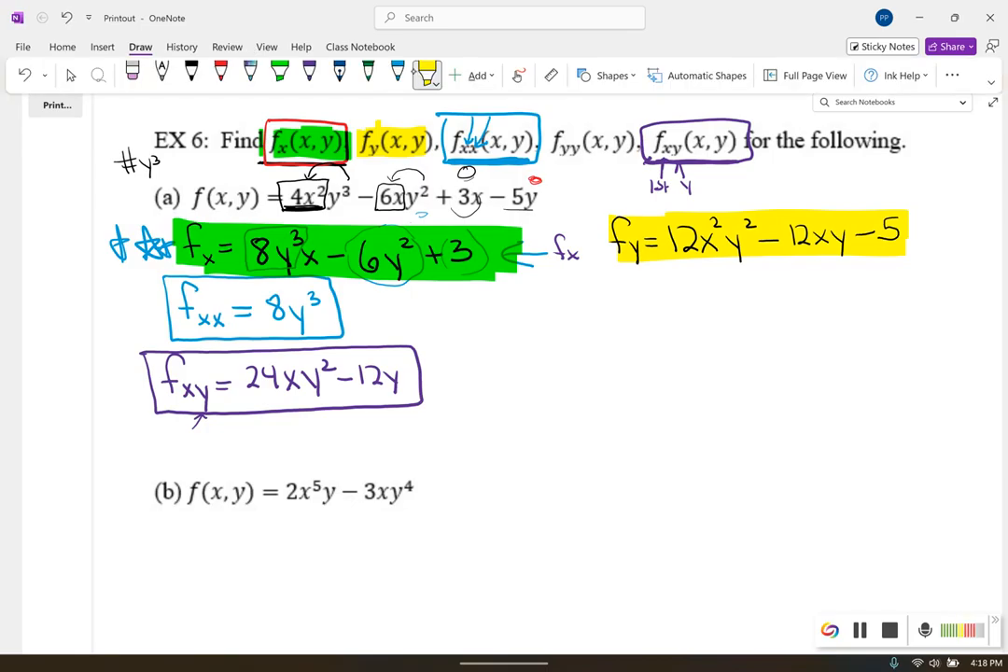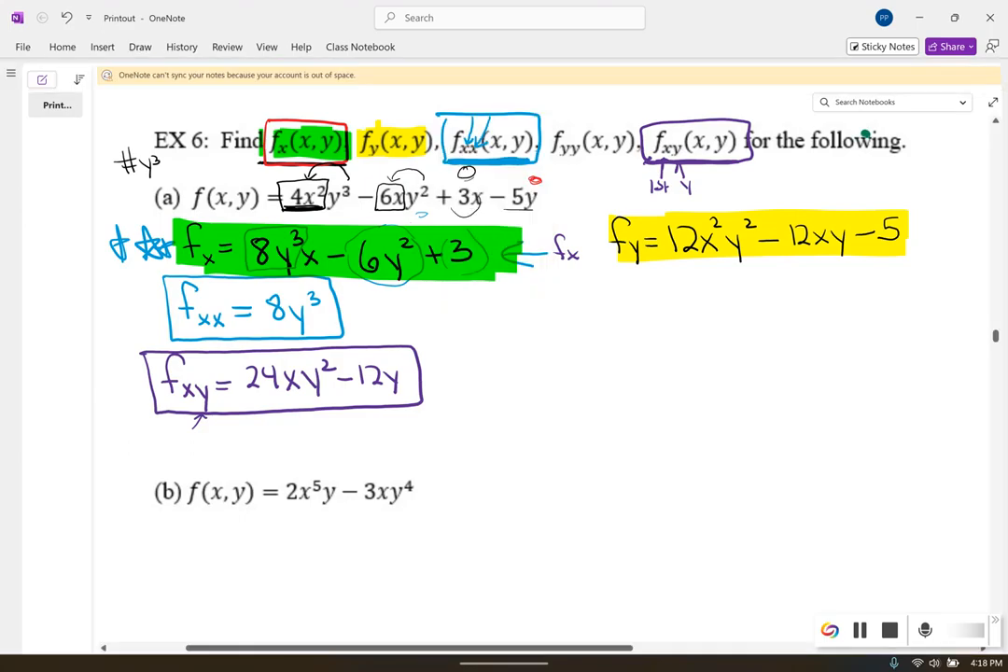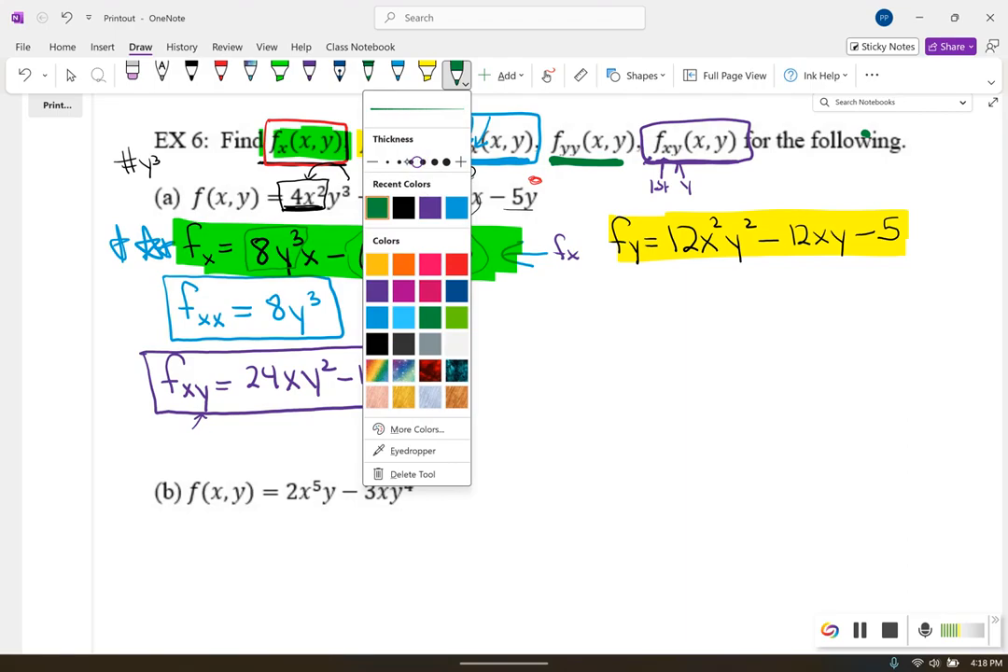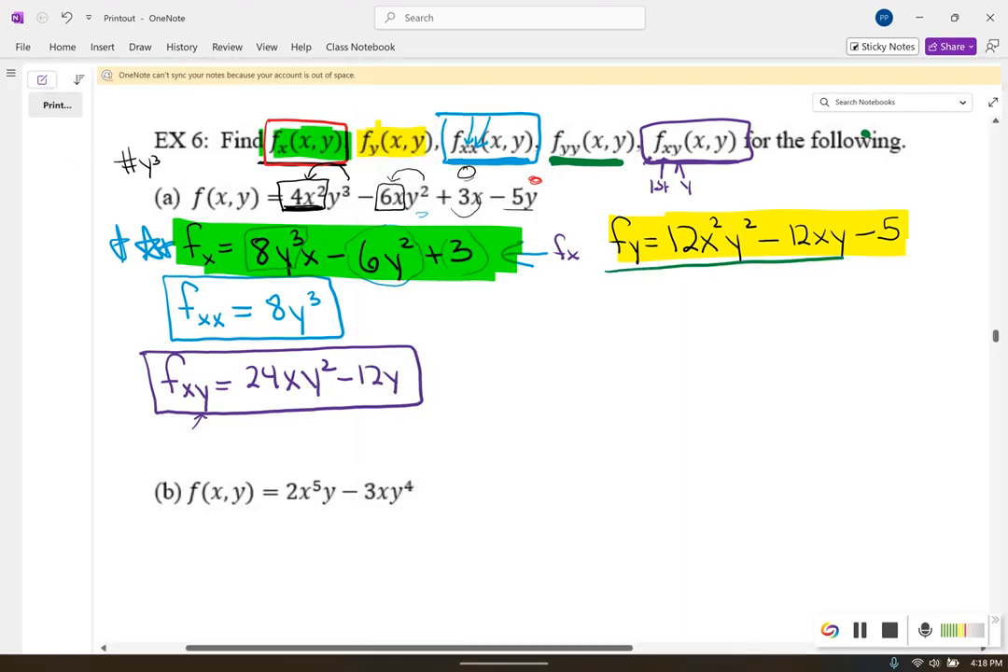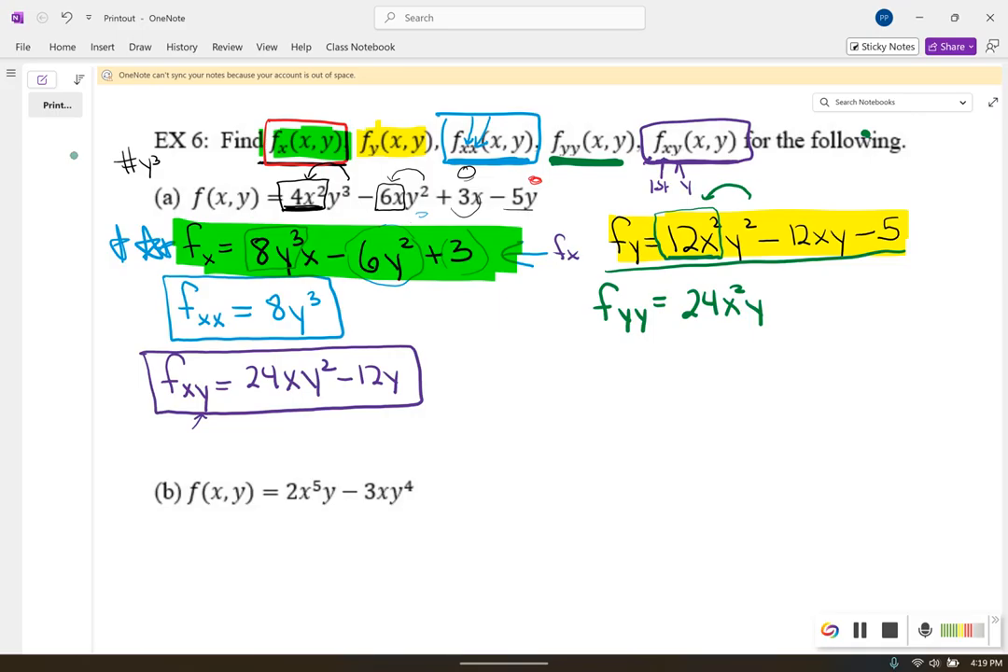All right. Now I am going to look at f sub yy. That means I'm going to take the derivative with respect to y first, which we've already done, and we got this right here. Now I'm going to take the derivative of that term with respect to y again. So I'm taking the derivative of this yellow term with respect to y. So with respect to y, x is just a constant. So I have this big constant number, 12 times x squared. It's just a big constant number times y squared. So I'm going to have 2 times that number, y to the 1,